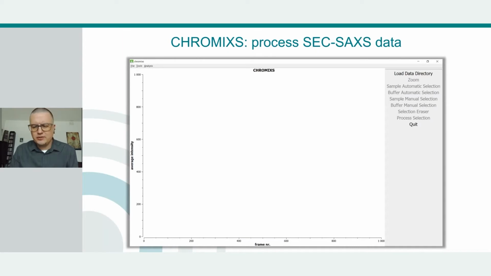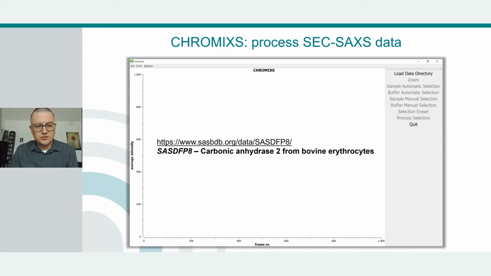processing of data which I downloaded from the small angle scattering biological data bank. This data set consists of about 3,000 radially averaged data frames which come from size exclusion coupled SAXS runs from the P12 beamline. If you work with this kind of data, you need to have a quick overview of it to understand what is going on there.